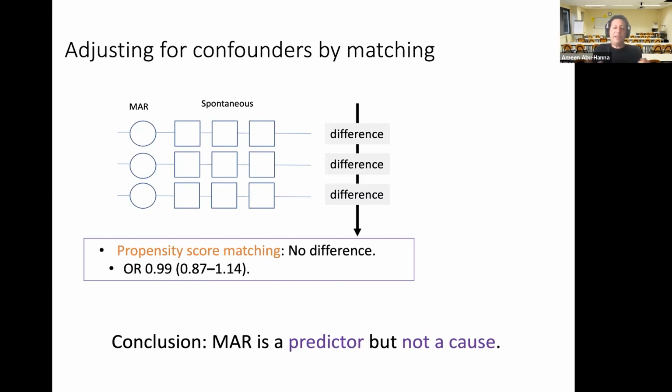Okay, so I hope that I convinced you there's a difference between causation and prediction. And so the thing that I notice is sometimes you do a prediction model and people look at the predictors and say, oh, if I change this, then that would be changing the outcome. And actually